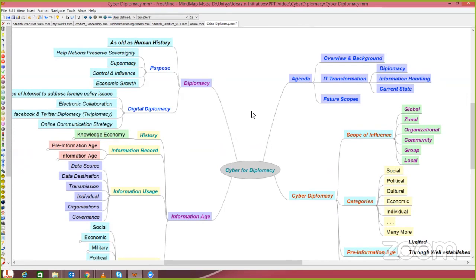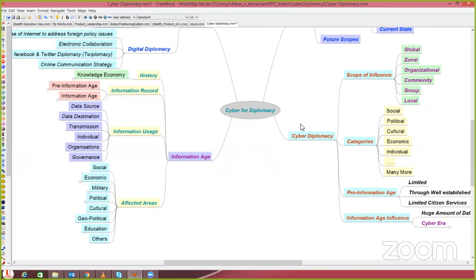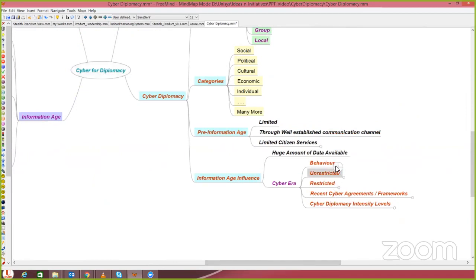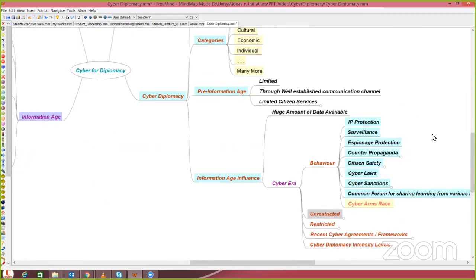So from the diplomacy aspect, there is a lot to be done. We have seen instances where various countries had diplomatic interactions and agreements. Those agreements have now transformed into digital agreements to safeguard their interests in various aspects, which, as I have discussed, are related to IP. Basically, they will all protect their interests in various areas. Some of those which I have called out here, and a large part of that, are IP protection, surveillance,